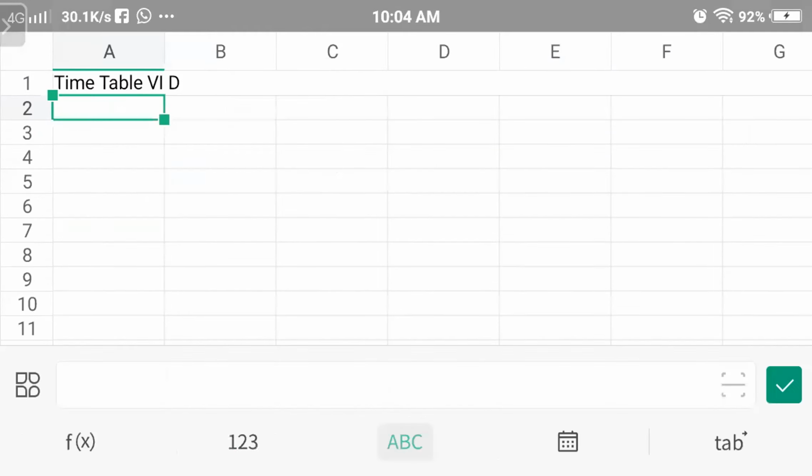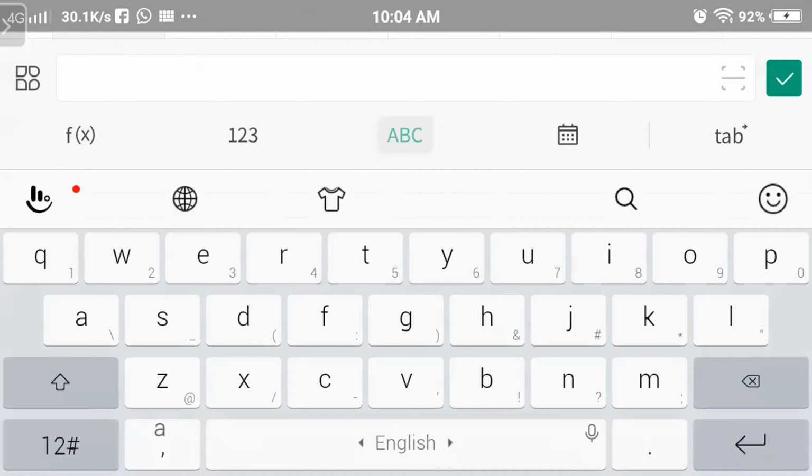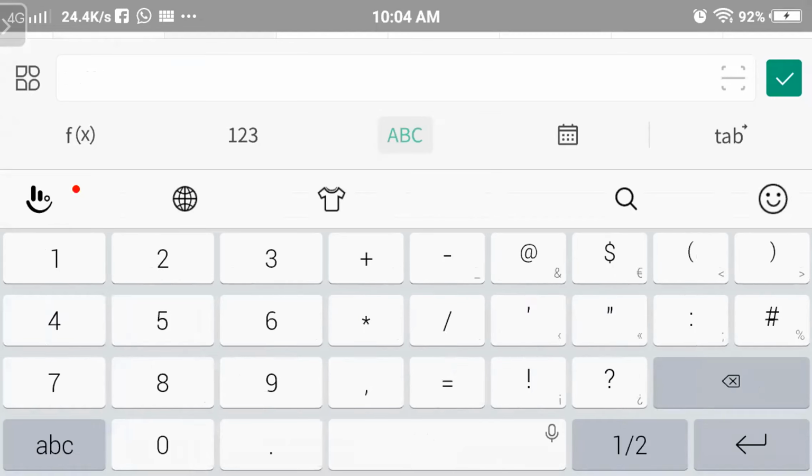तो यहाँ पे हमें लिखना है days. Press the tab from here so that we can go to the next cell directly. आपको बार बार cell open करके उस पर click नहीं करना है. You can press the tab from here. Automatically now you move to the next cell. तो यहाँ पे हमें लिखना है 9, then tab, 10, tab, 11.